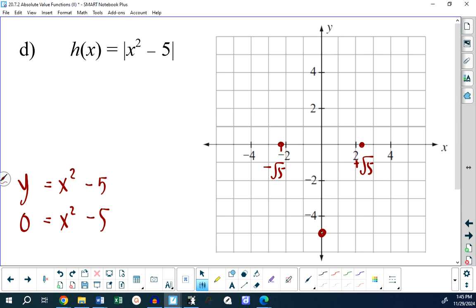Well, they're not needed over here because the function will be above the x-axis. I hesitate in trying to draw something that's just going to look like a bad drawing. But this is going to go up and continue up. So as soon as you get past root 5, you don't need the absolute value signs. And similarly, as soon as you get past negative root 5 on the other side, you don't need them. That means